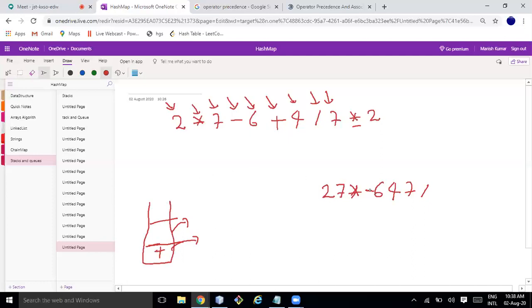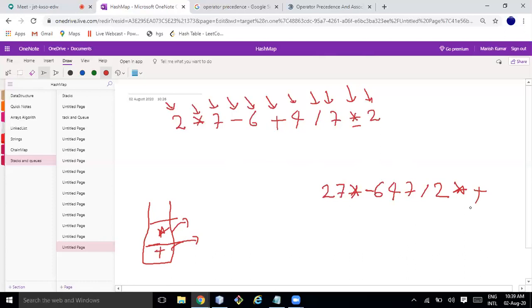Then I'll check star with plus. Star is having higher precedence, so I'll add star. Then I'll move to 2 and write 2. Once done, there are no more elements, so I'll just pop star, plus.